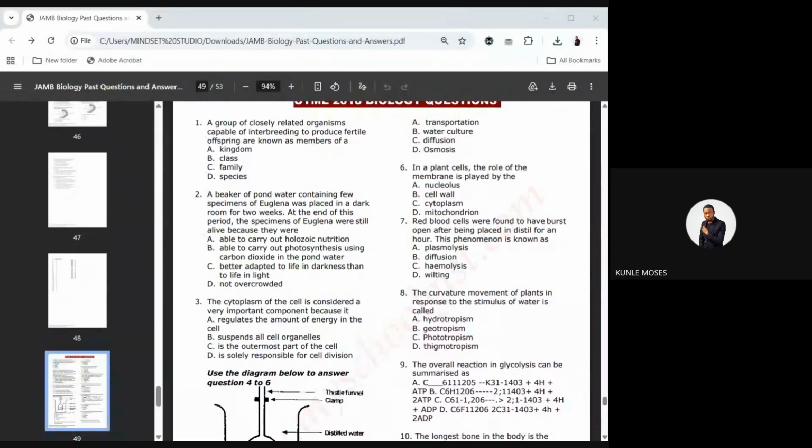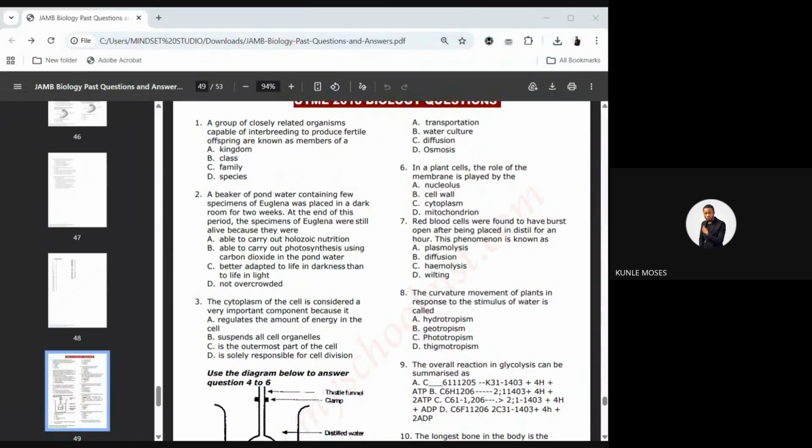So what can you do? The first thing is to try and finish your syllabus. I'll try and compile the notes for the other parts that we're unable to cover. Try and read it first, then go and solve questions, like past questions. JAMB repeats questions a lot. Sometimes they change a little thing, like the options.